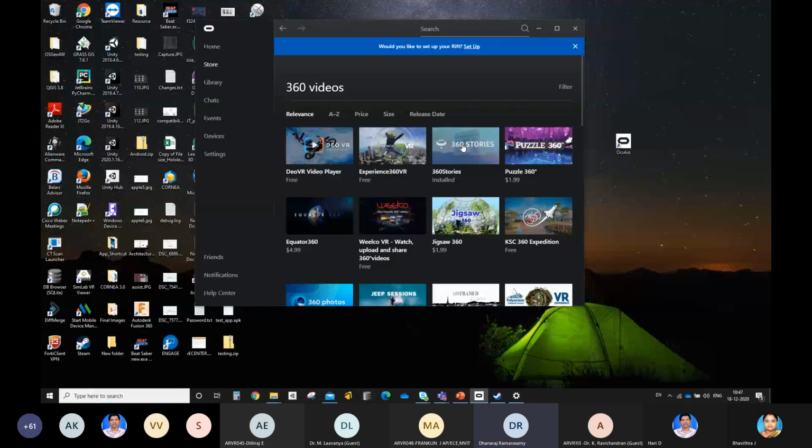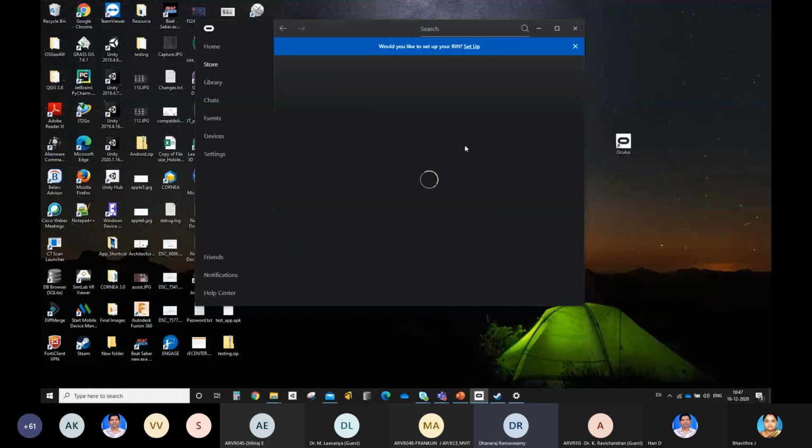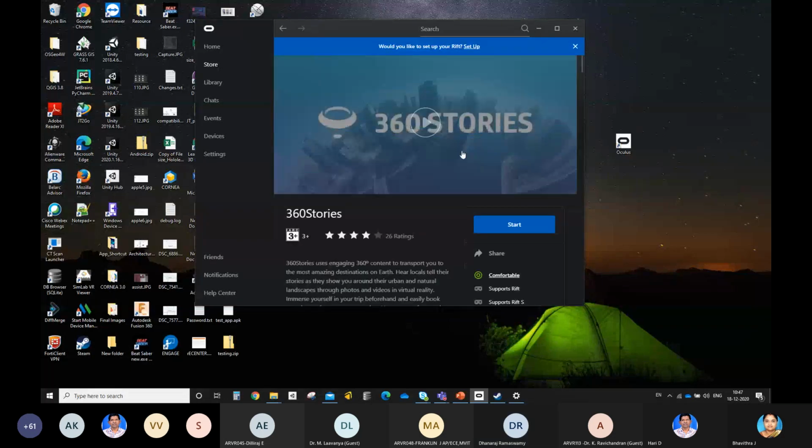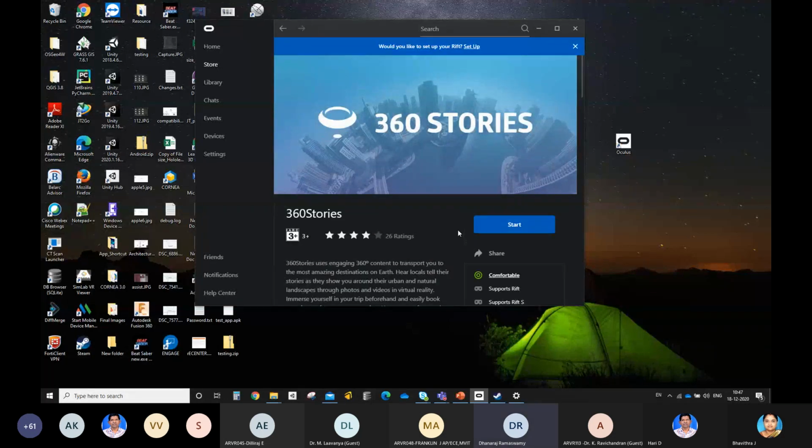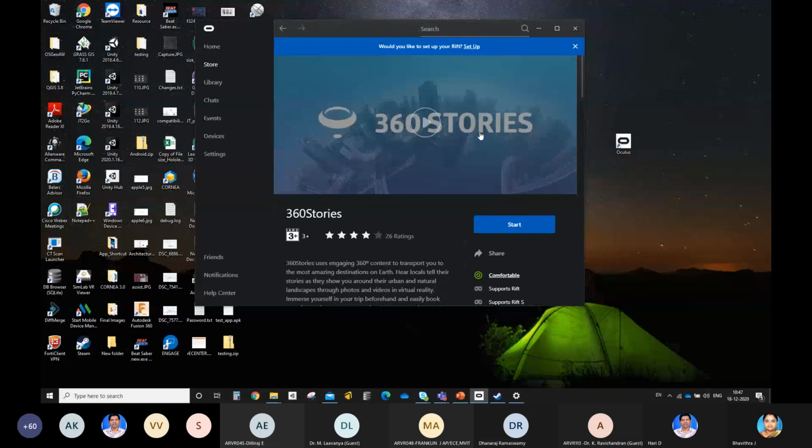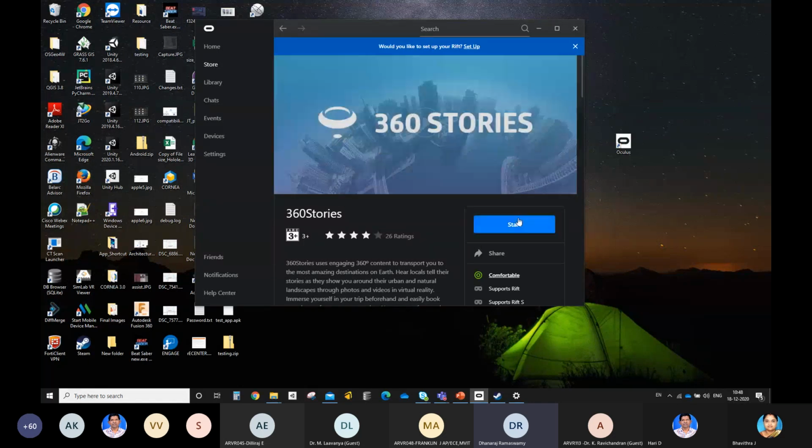Right now we are using WhatsApp, Facebook, and other social networks for chatting. But once you use this device, you can chat virtually with your friends and your family. You can see them virtually. See, you can capture 360-degree video, then you can watch that video right now. What you have to do is press the start button. Just a minute, it's loading.